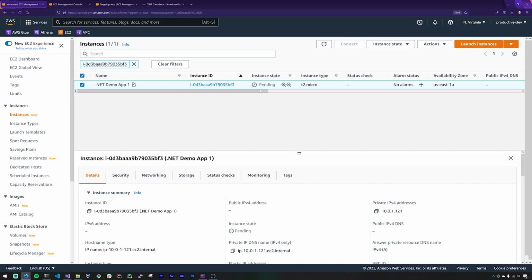So now what we need to do is get a shell on this particular instance, and we'll look at how to do that via the jump server. And we want to install Docker on this app server so that we can actually run the Docker container, the Dockerized version of the .NET API we're running. So now that it's running, I'll show you how you can get set up so you can forward your connection